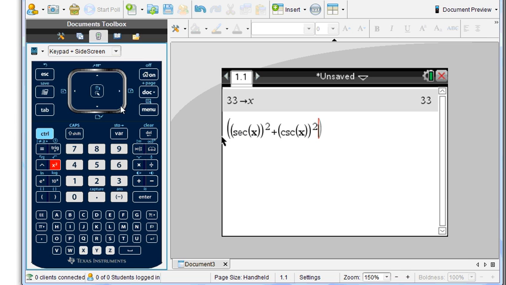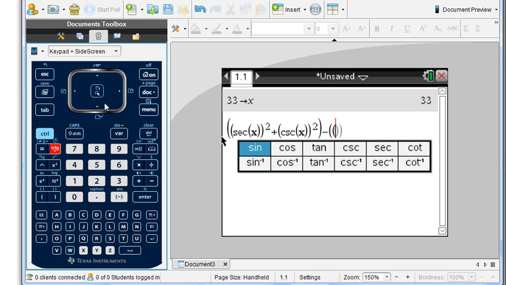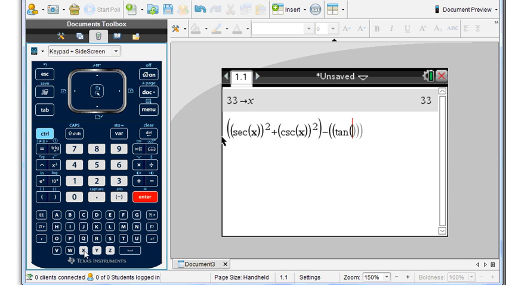There we go. And now we go ahead and subtract, open parentheses again, tangent x, and we have squared here, and we're going to add cotangent squared x plus,